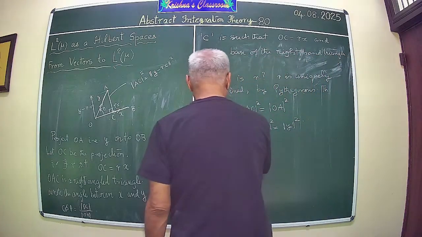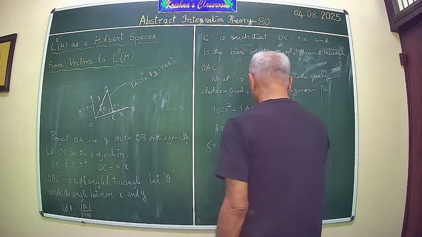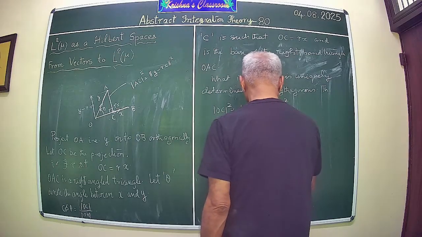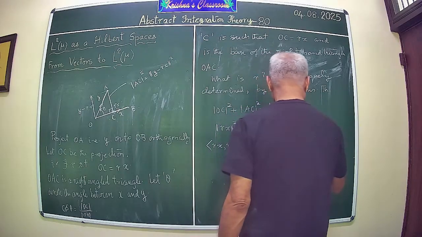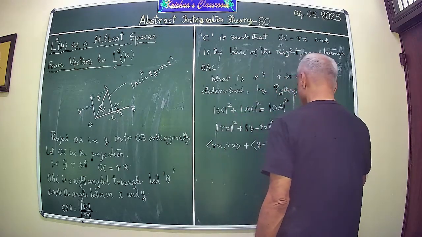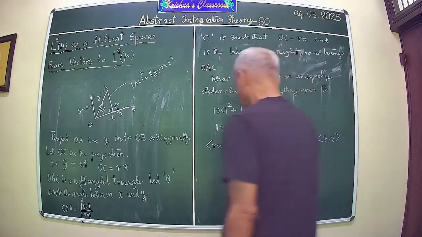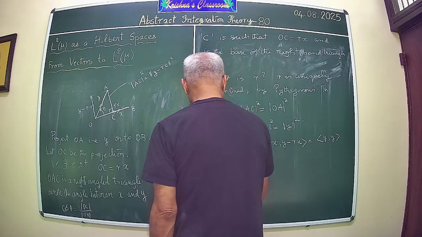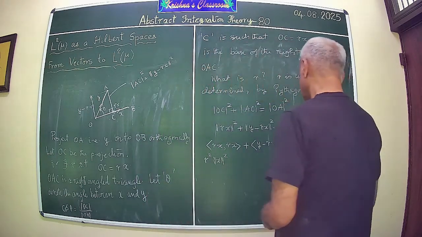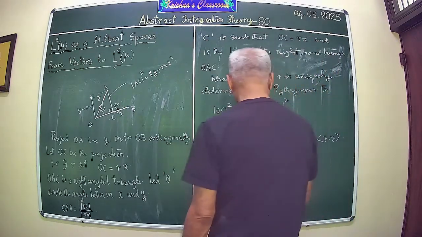We have seen that this can be written as, let's work it out, R square